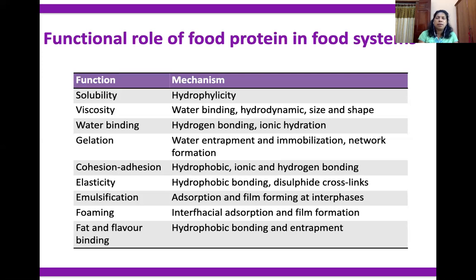So because it can trap the flavors as well as the aroma. And because of the fat binding ability, if they can form the hydrophobic bonding, they can easily bind the fat. So that is why the emulsification ability is there, because it can be linked with the fat. The amino acid side chain, if it is an aliphatic, non-polar one, can happily join with the fat.